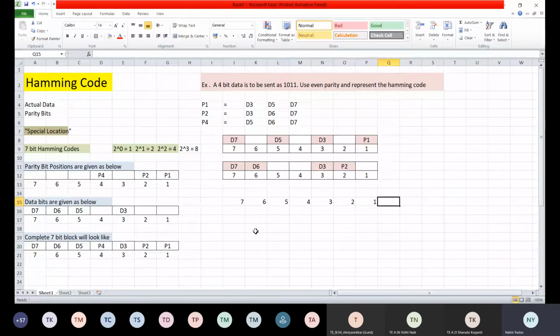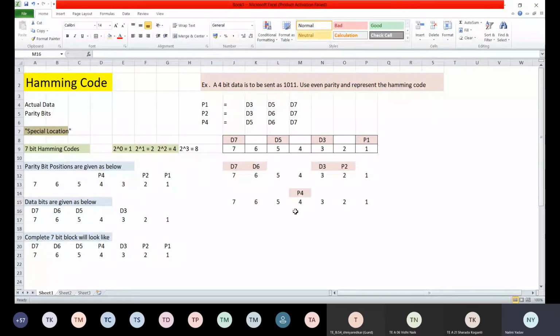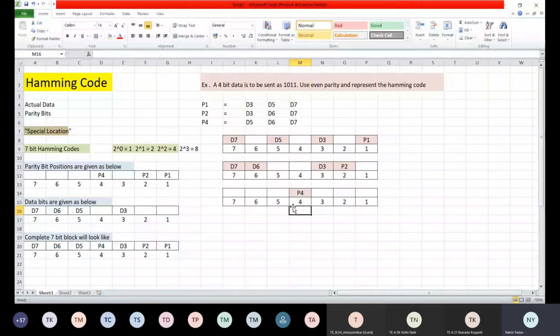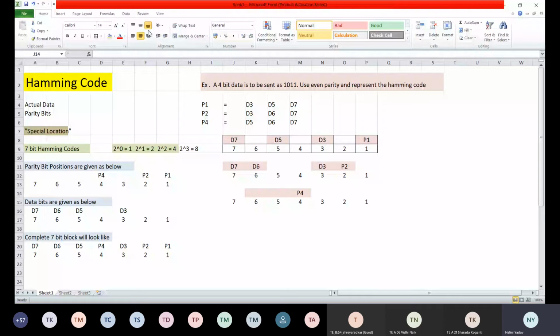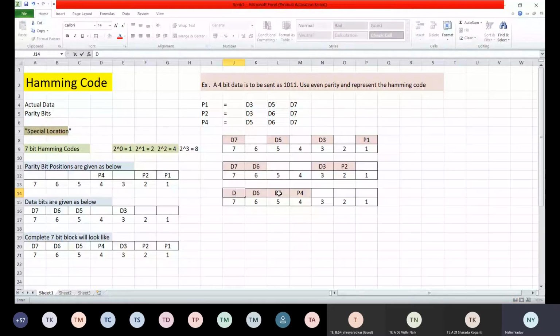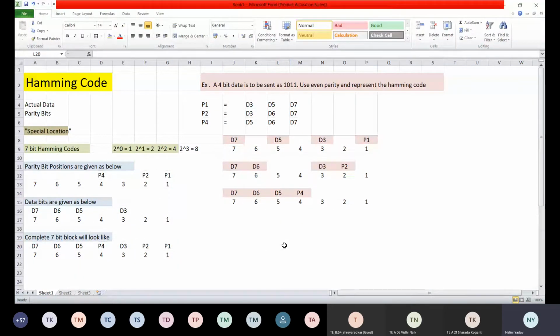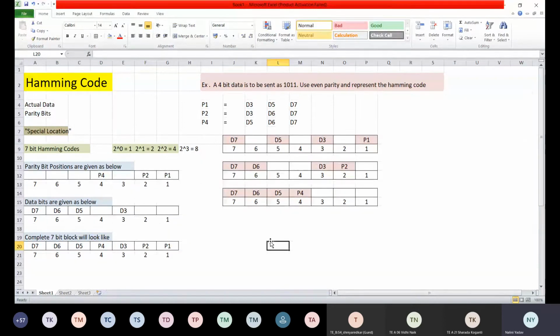Now what are we supposed to do with the rule? Take 4 numbers. It is P4, so take 4 numbers, leave the remaining 4, then take the next 4. This is the rule for all. So who is next to P4? Positions 5, 6, 7, okay. So it is D5, D6 and D7. Now suppose our number is very big, say my number is up to 30 bits. Suppose my number is up to 30 bits. Then what will I have to do?